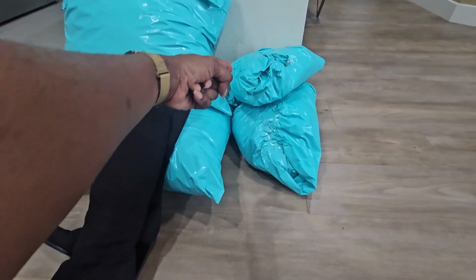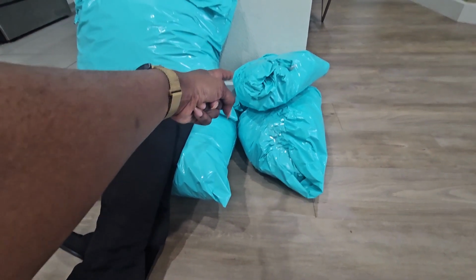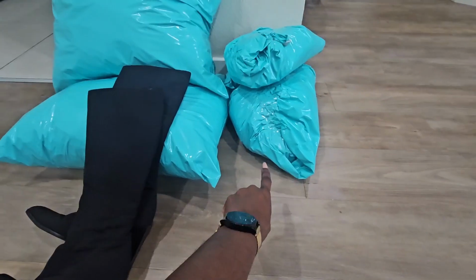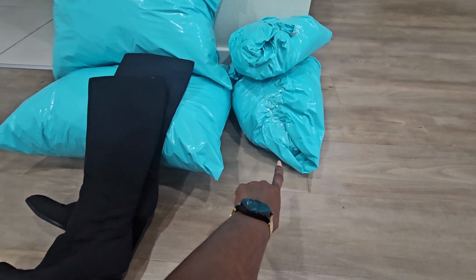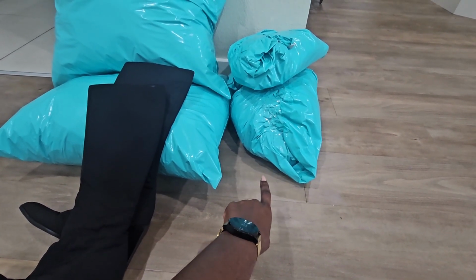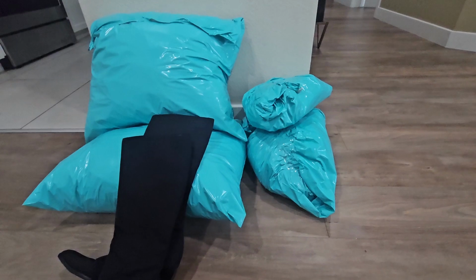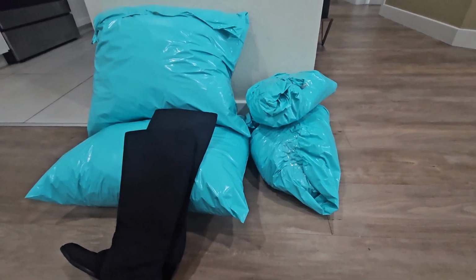And then this one is a Skims bundle, Skims shapewear. I think it's like 15 pieces of Skims shapewear. And then this one is a Rent the Runway bundle with Citizens of Humanity, I think, jeans, new with the tags. So I just share wholesale with you guys because I know I'm always saying there's multiple different ways